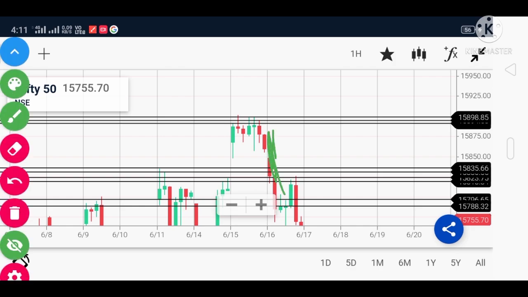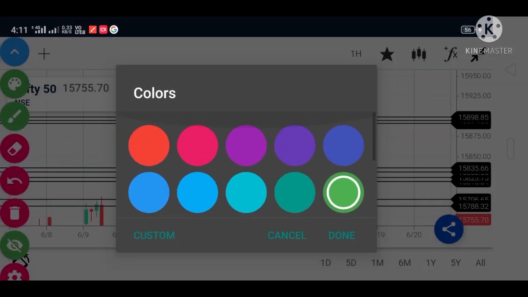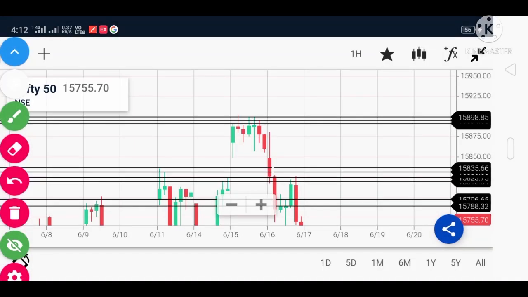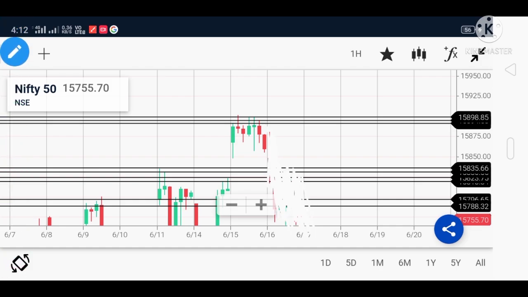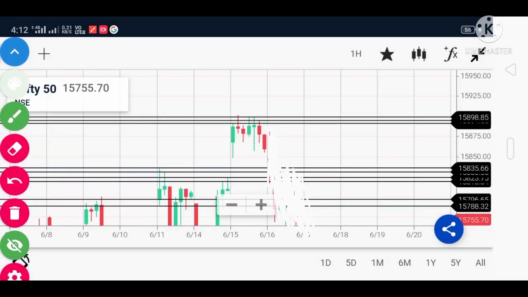Let's remove this since our market isn't open till now, so that you don't confuse. I'll use white color. I'll remove the next day so that you can understand more clearly. Now the market hasn't opened. Okay, now all the market will look something like this in the morning. So now you guys tell me,